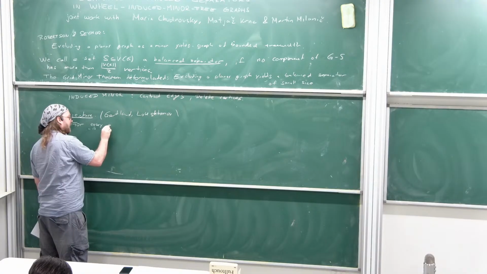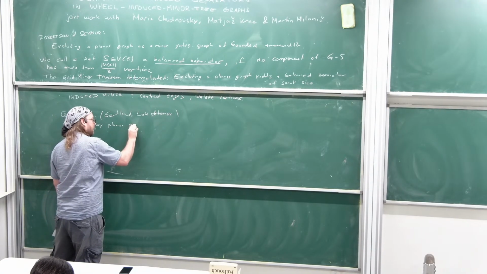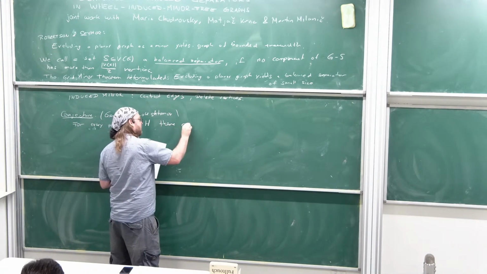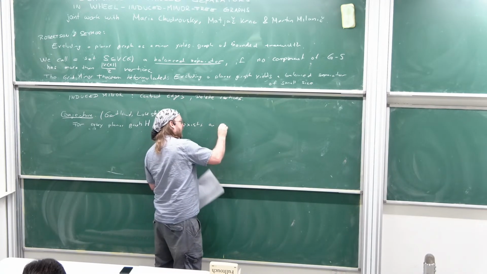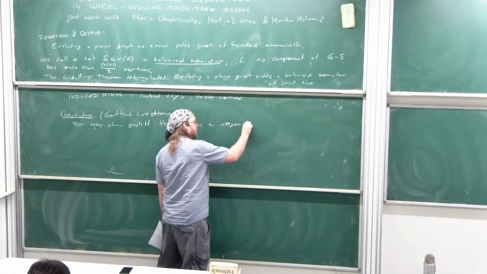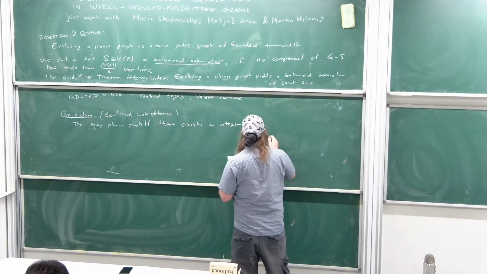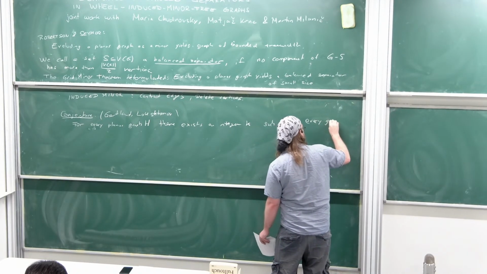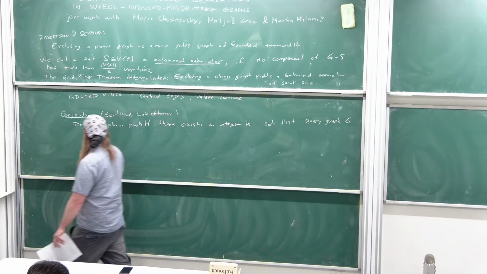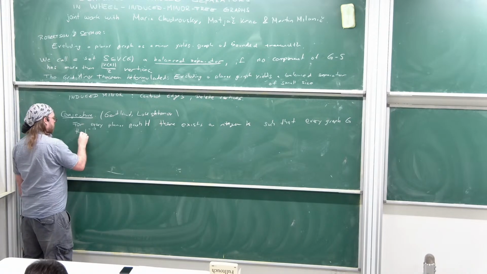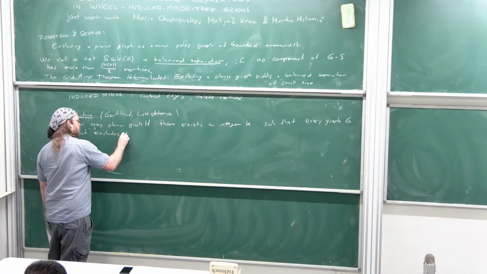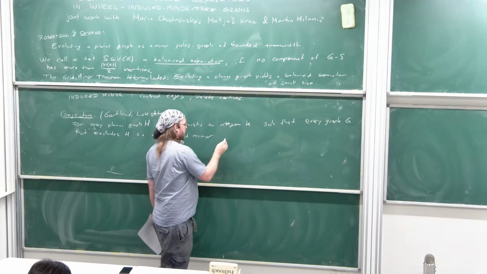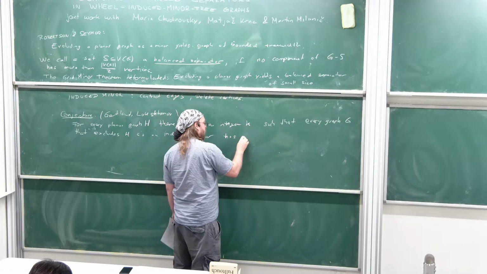So for every planar graph H, there exists an integer k, so k can depend on H, such that every graph G that excludes H as an induced minor has a balanced separator,